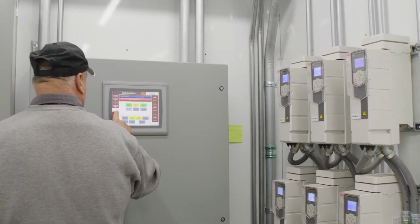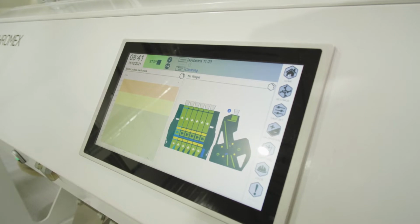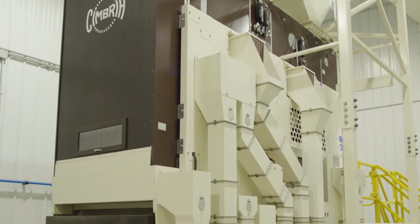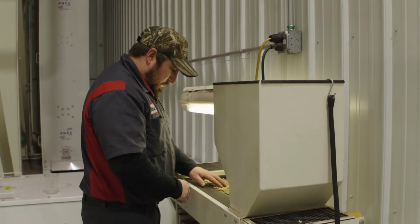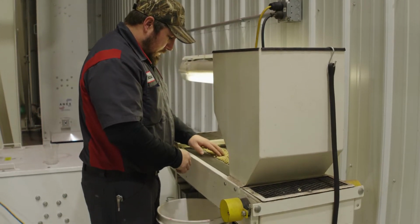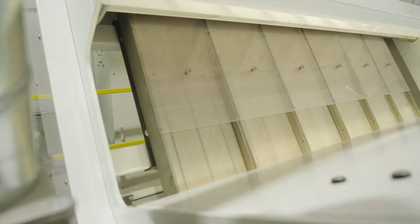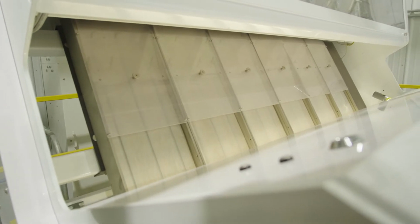If you don't have technology today cleaning seed, I think you're behind the eight ball. These new color sorters and these new cleaners, new conveyors are just so much better than what they were 10 years ago. The old gravity that we used to have, you were taking out 7 or 8 good beans with one bad bean. The precision of this new technology will help us keep pushing the bar and making great